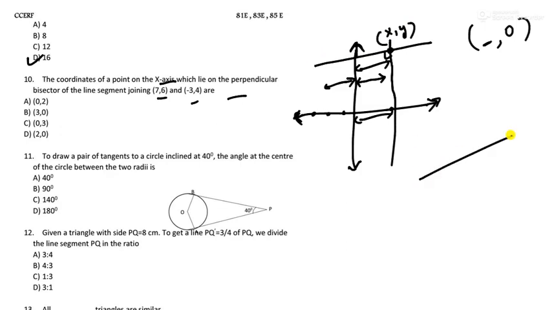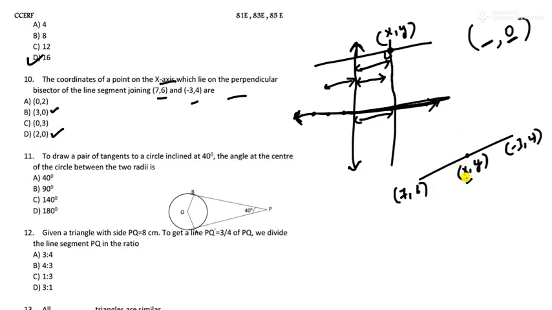So there are 2 points like this, 7 comma 6 and minus 3 comma 4, and this midpoint we have to find, in the form of x comma y. Whatever value of x we get, we have to substitute here, and because our point is on the x-axis, we already have y as 0. So in this, if you see, either this option or this option is correct, 3 comma 0 or 2 comma 0.